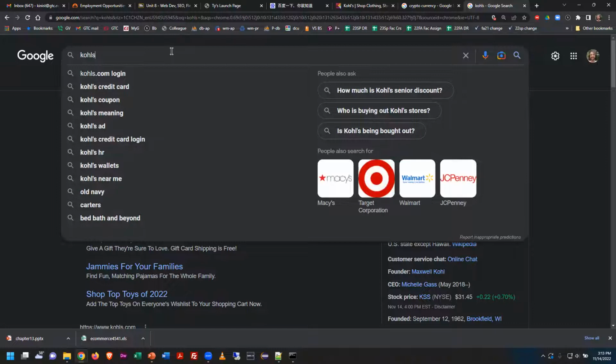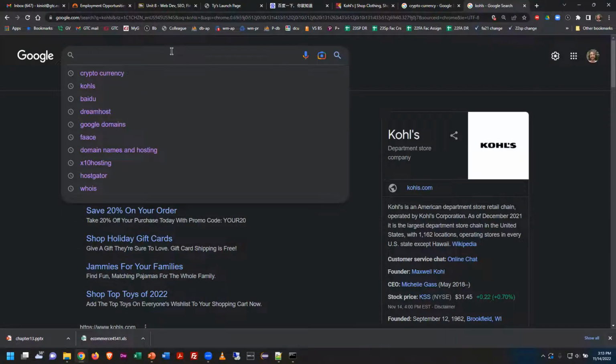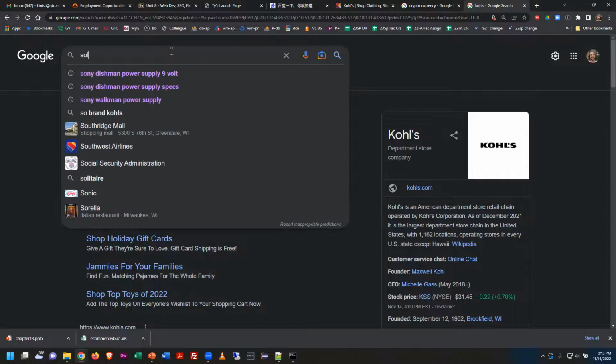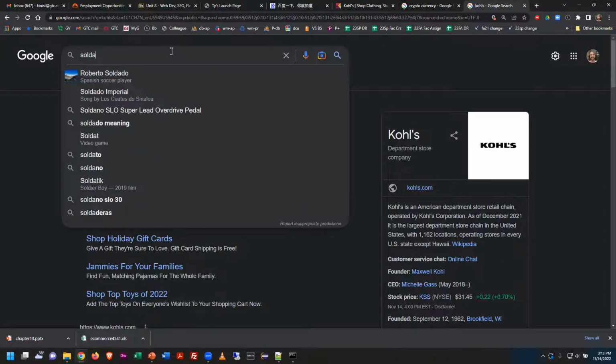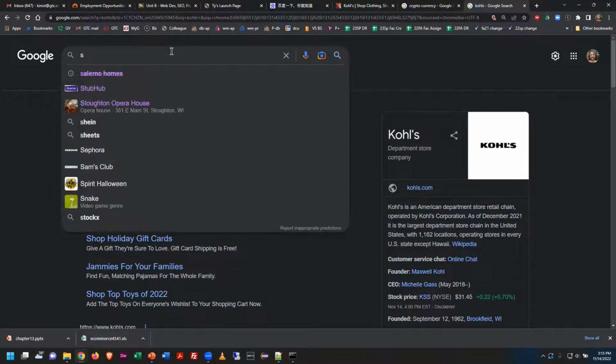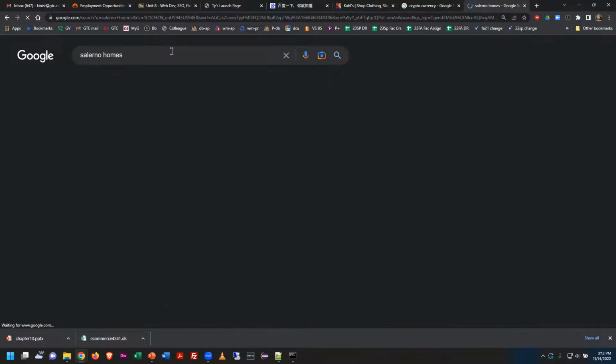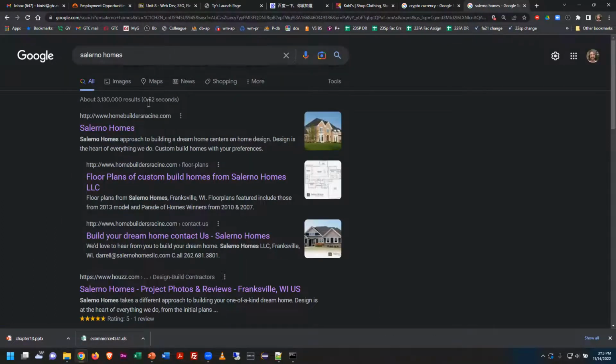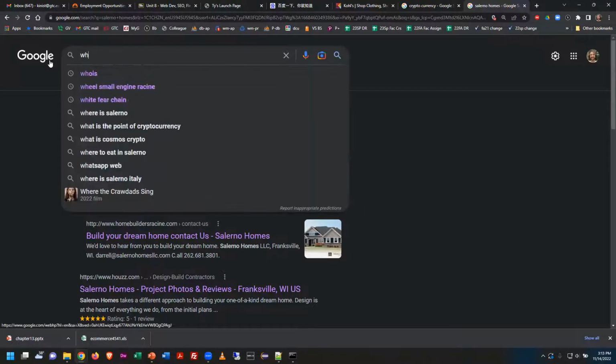We are looking at, and I'm trying to remember the name, Salerno, that's what it was. So I was looking up this company. This is a Racine area company that does home building, and it was a company that we were looking at in terms of a potential project. And you'll notice that this business, when you look it up, okay, their website comes up just fine, but they don't have one of those boxes on the side. By comparison,